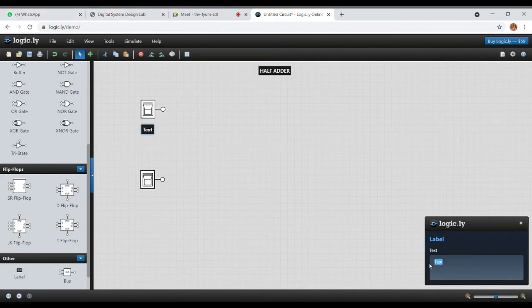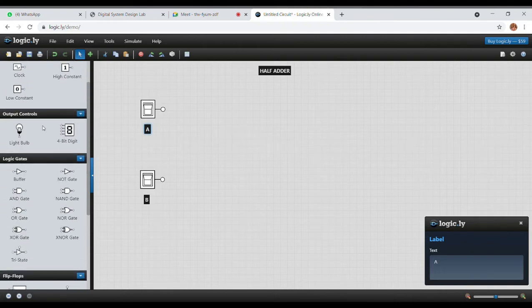Then we'll take two toggle switches. Then we'll take one XOR gate, then one AND gate, now we'll take two bulbs.